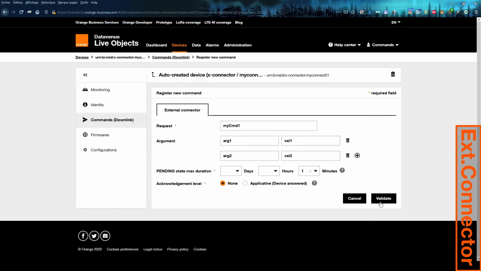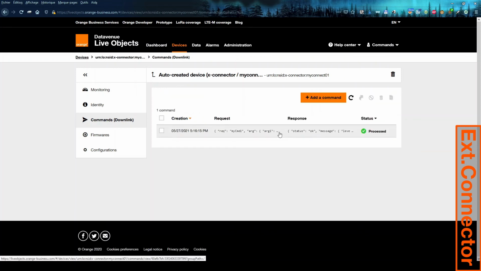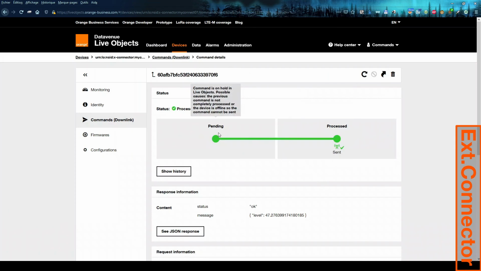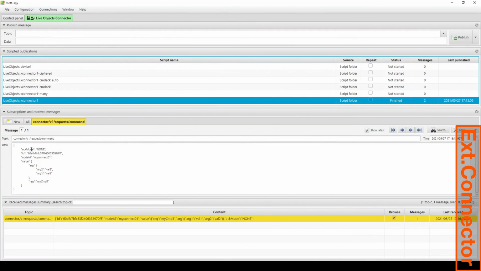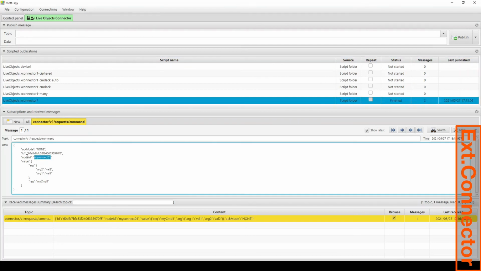Well, I would say no acknowledgement yet. Validate. So the command has been pending, processed, because my connector is online. And on the connector, I can see the whole commands with the interesting thing that it's the node ID and the ID that I will have to use if I want to acknowledge this.